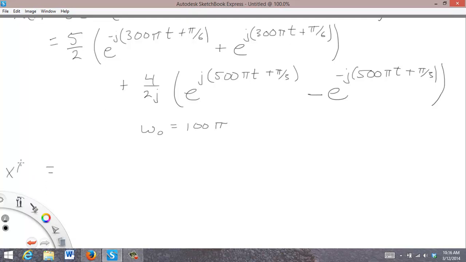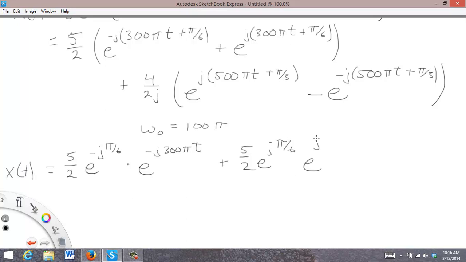x of t is equal to, and this time I'm not going to do the parentheses, I'm going to have 5 halves times e to the minus j pi over 6 times e to the minus j 300 pi t plus 5 halves e, and notice now this is a minus pi over 6, this is going to be a positive pi over 6, e to the j pi over 6 e to the positive j 300 pi t, and I'll write this one down again below, plus